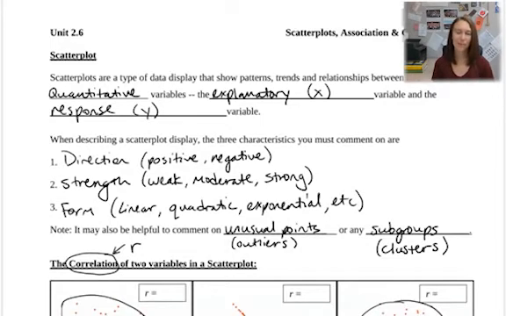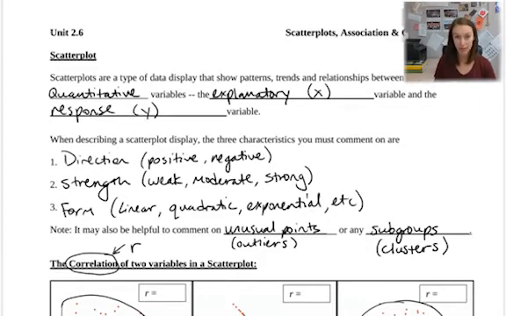Class. Today we're going to be doing section 2.6 from AP Stats, which is introducing you to scatterplots and what to do when you have two variables, x and y. So we're going to start here, and I'm going to do a little bit of calculator work as well using our TI-84 Plus. So basic definition, scatterplots are a type of data display that shows patterns, trends, and relationships between